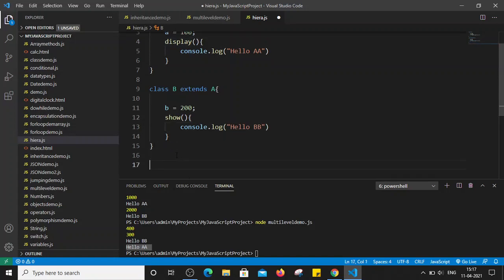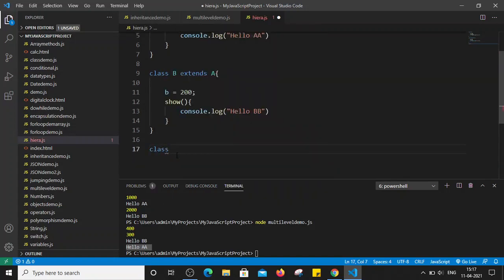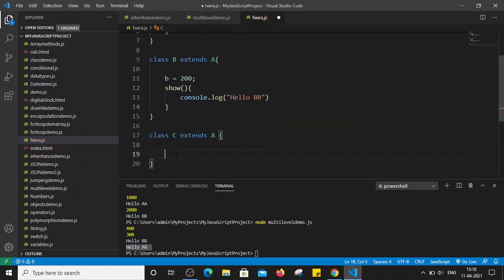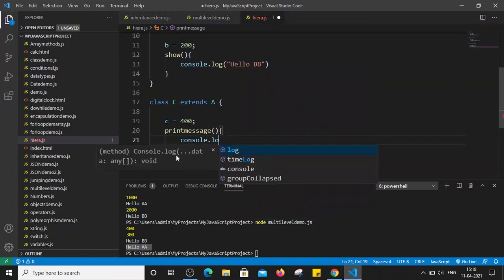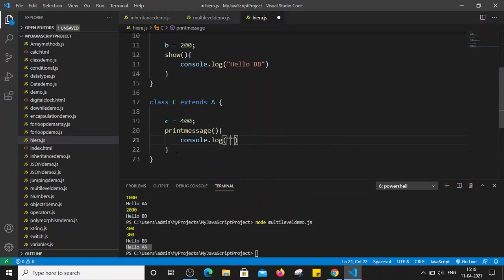Now we will create one more class, let's say class C, that will also extend the same parent, that is class A. Let's define one variable, c is equal to, let's say, 400, and one method, let's say print message, and that print message will simply display console.log hello cc.